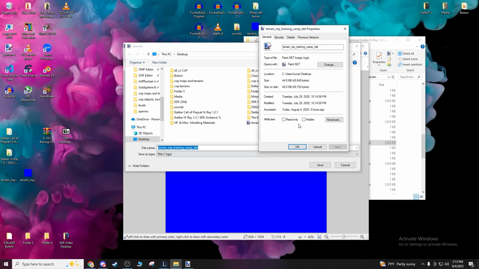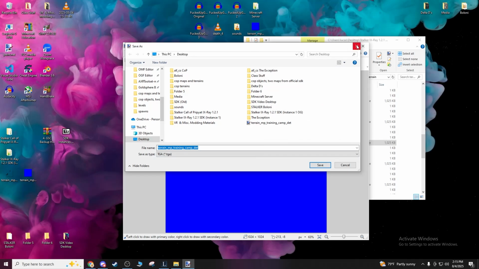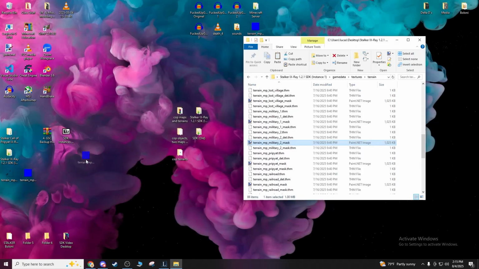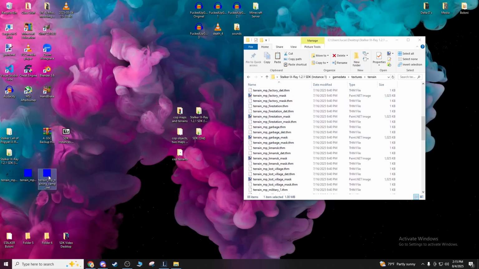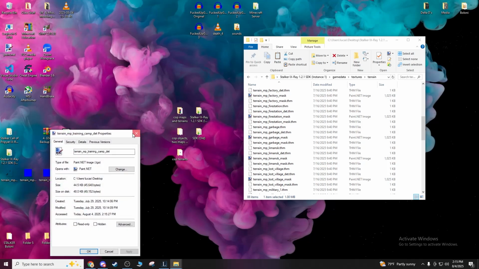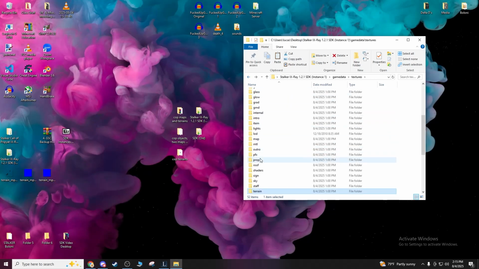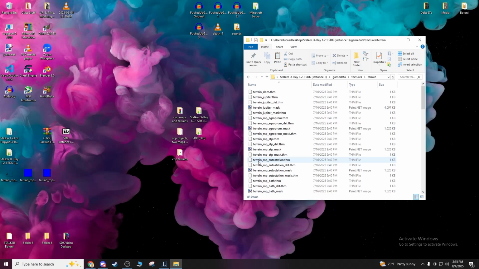Looks like I already got the TGA one right here, so let's click out of it. So once you're done, we now want to input this TGA file right here into our game data folder. So I think it's in terrain. We now want to add terrain training